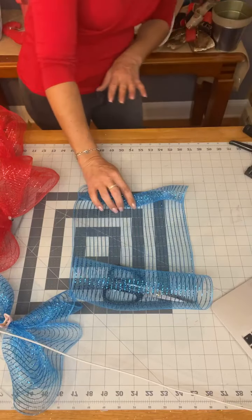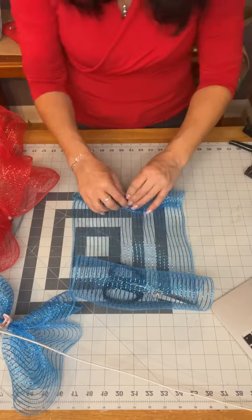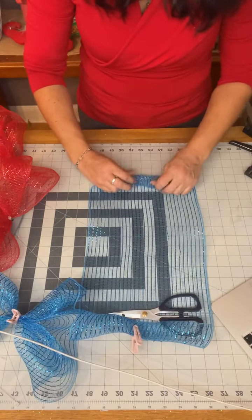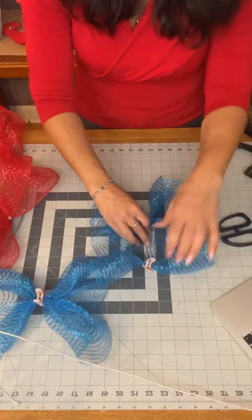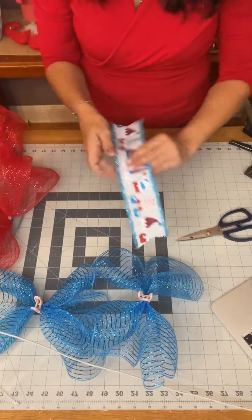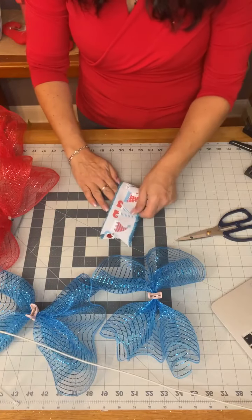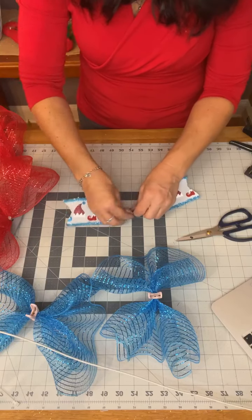I just fell in love with the ribbon, and then I found the mesh, and I'm just like, I need to do some with it. So we're going to curl it in, scrunch in the center, and meet it up and clip it. This is when our ribbon comes into play as well. So I'm going to fold it in half, scrunch in the center,